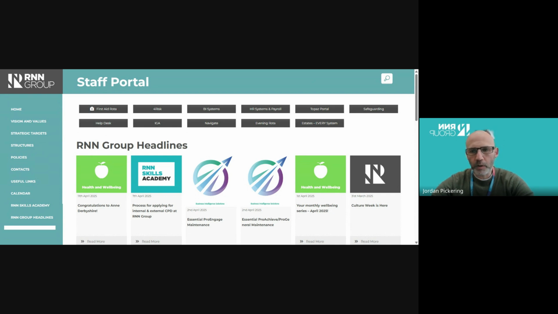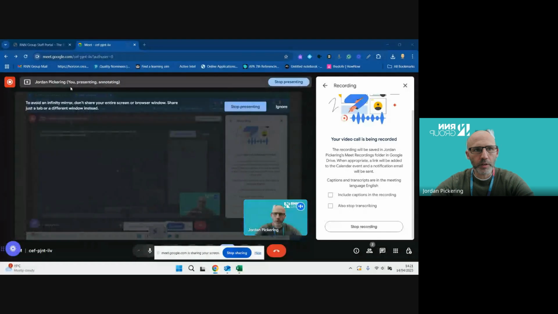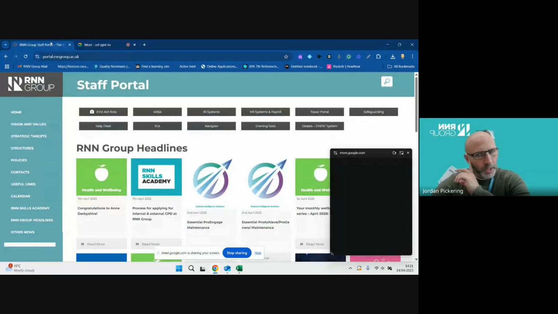We're just going to show you how to access information on dashboard, go over that key information and what kind of vital information that you'll need to know as part of your role at RNN Group. So what I'm going to do is I'm just going to change the sharing my screen. So you should be able to access that. So all information that you're going to need